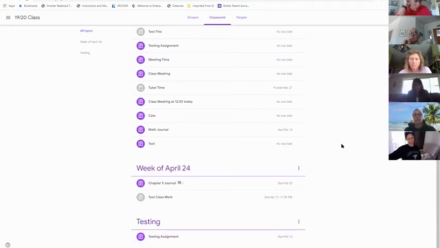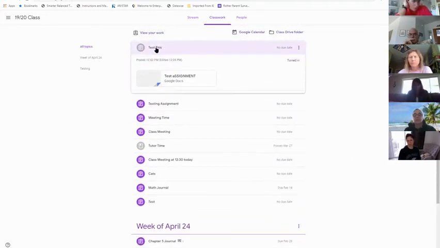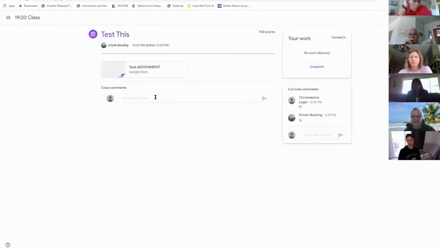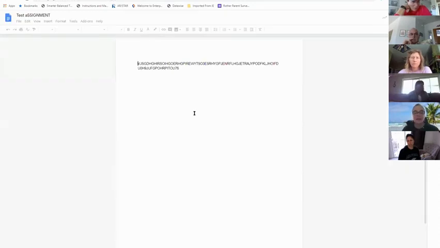But as a student, I can go in and I can see my work that was posted. I can view my assignment. I can send a private chat to my teacher. Over here where it says 2 private comments, this is a private comment between you and your student alone. Nobody else will see this. So as a student, I can make private comments to my teacher. I can open up my assignment here,